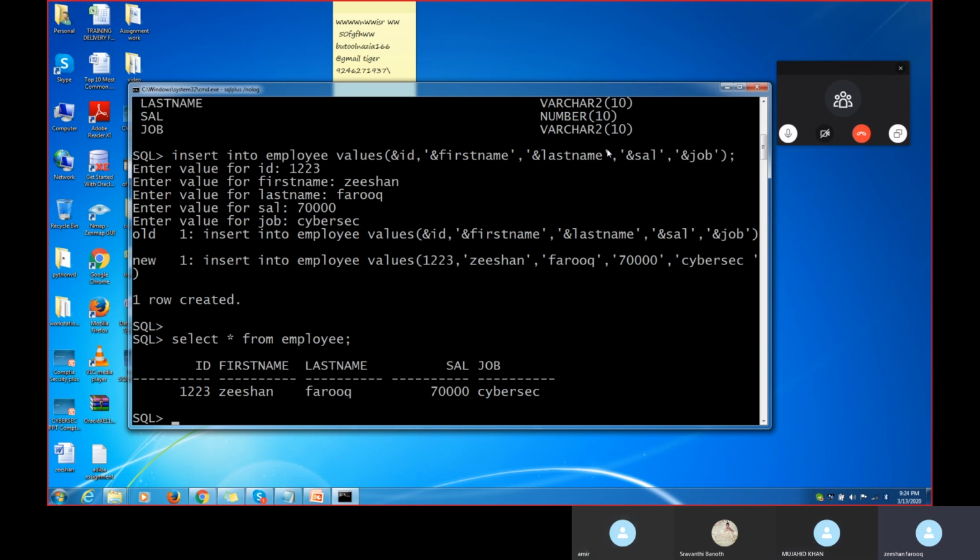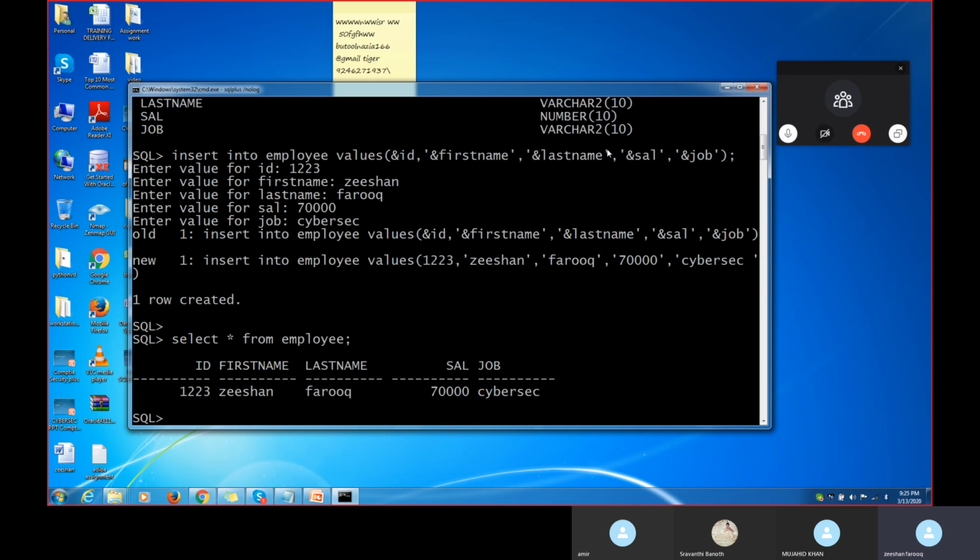I wanted to update, for example. What exactly did I want to update? I wanted to update the job into department, for example, or if I wanted to change my job title. Anything, I want to update. For example, how will I update my job? We will see now like this.